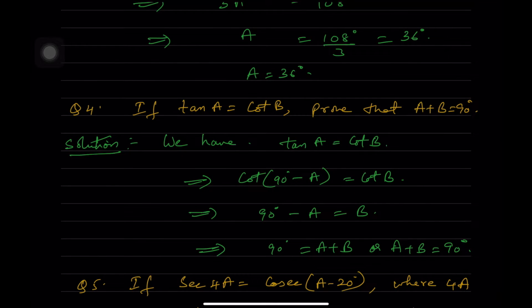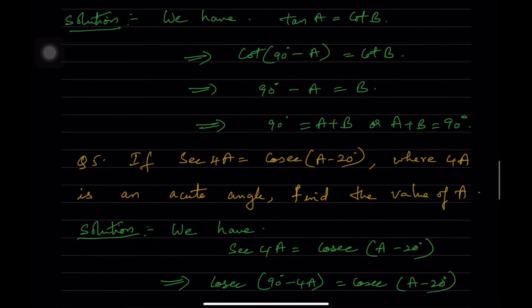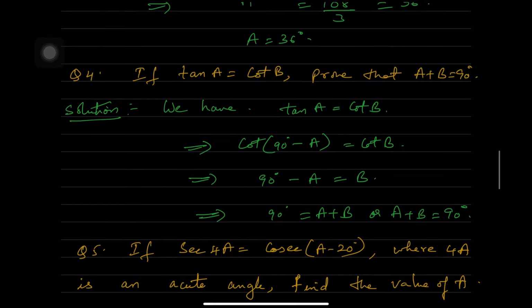Now going to the fourth one, if tan a is equal to cot b, prove that a plus b is equal to 90 degrees. Now you are having tan a is equal to cot b. You know that cot of 90 minus a is nothing but tan a. So in the place of tan a, I am writing it as cot 90 minus a, or in the place of b also you can write it as tan of 90 minus b. Anything is the same. But here we have taken it as tan, we are writing in terms of cot. So cot of 90 minus a is tan a. So equate the angles, 90 minus a is equal to b. Therefore a plus b is equal to 90 degrees, hence we are proving what we wanted here.